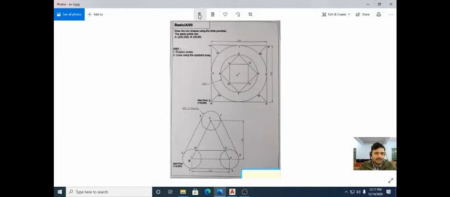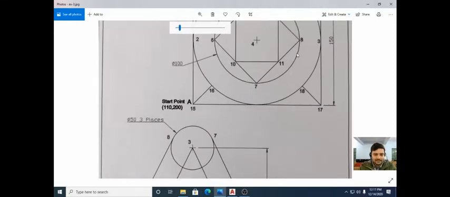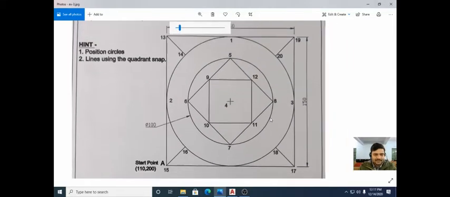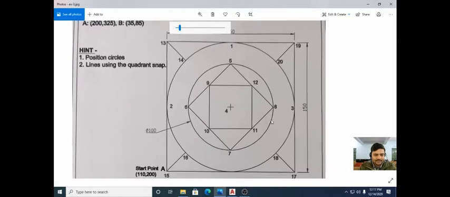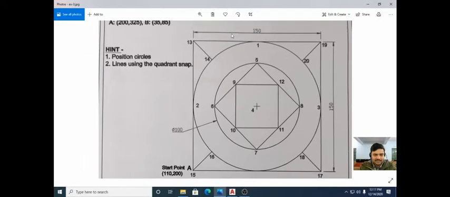So first of all, have a quick look at the first drawing. Let me zoom it. This drawing we are going to make first. So we can see that it is a 150 cross 150 rectangle. So we are going to make it 150 by 150. Then we are going to learn about the 3-point circle also in this figure. So it is very easy to be made. Don't worry about it. We are going to learn it.